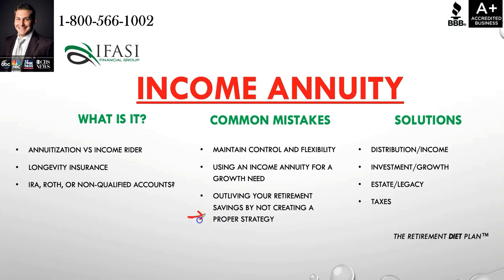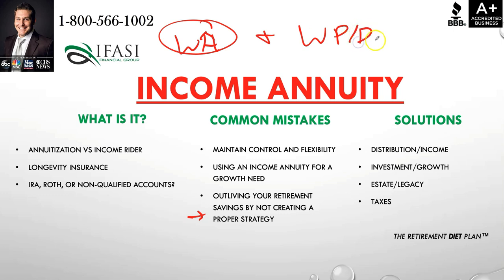And the last common mistake is not leveraging an income annuity when you should be leveraging an income annuity. This is where somebody, unfortunately, a lot of individual mindsets are still set up in an accumulation phase. Like with financial planning, you have two main phases. You have a wealth accumulation phase, and then you have a wealth preservation / distribution phase.